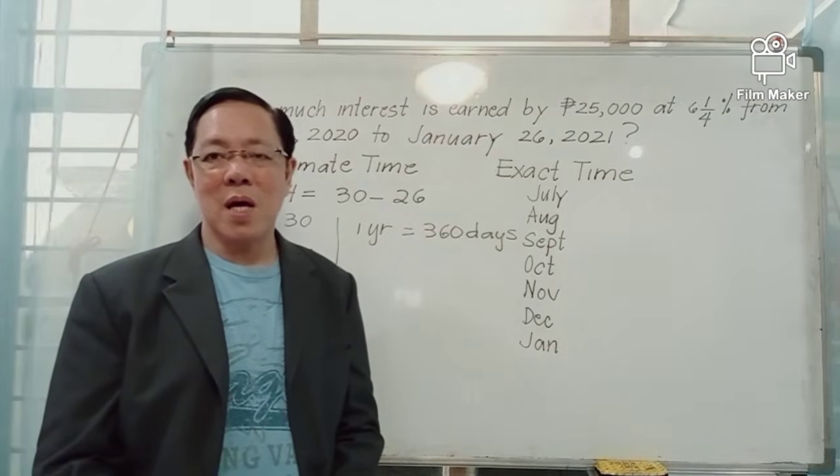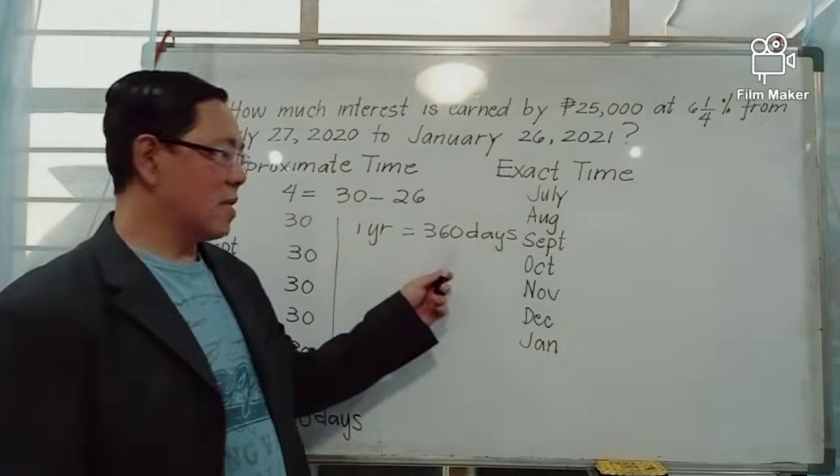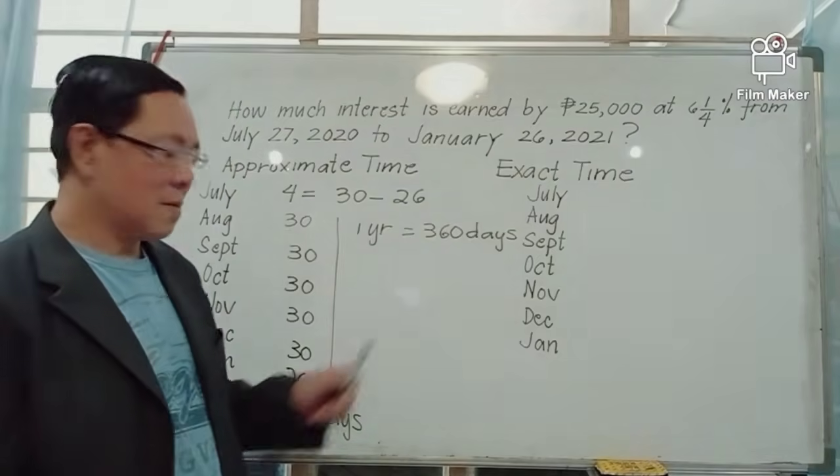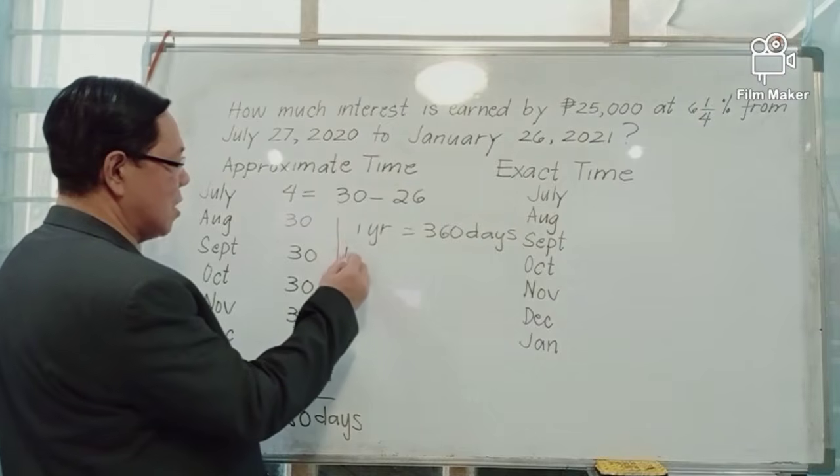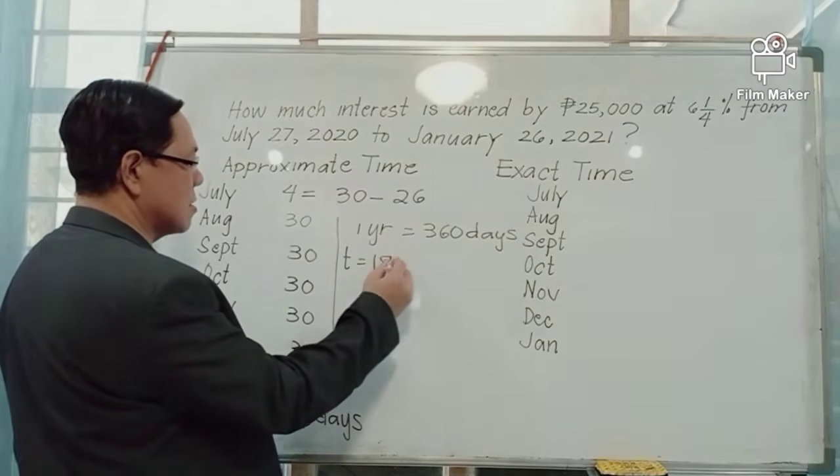Hence, 30 multiplied by 12, we get 360 days in 1 year. And to convert this approximate time of 180 days,